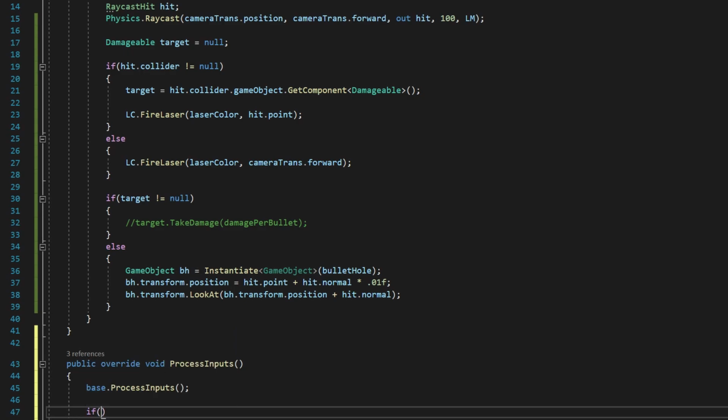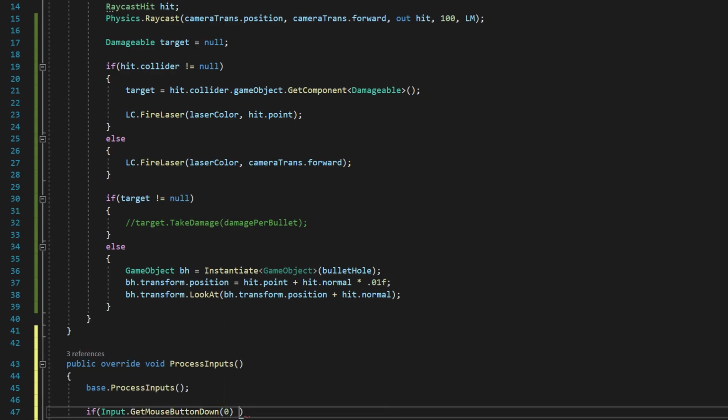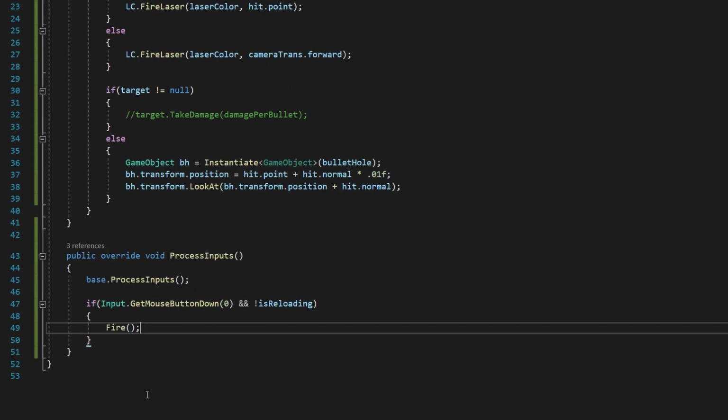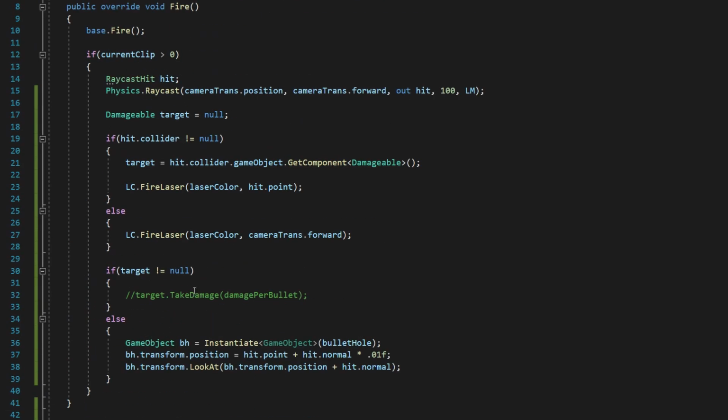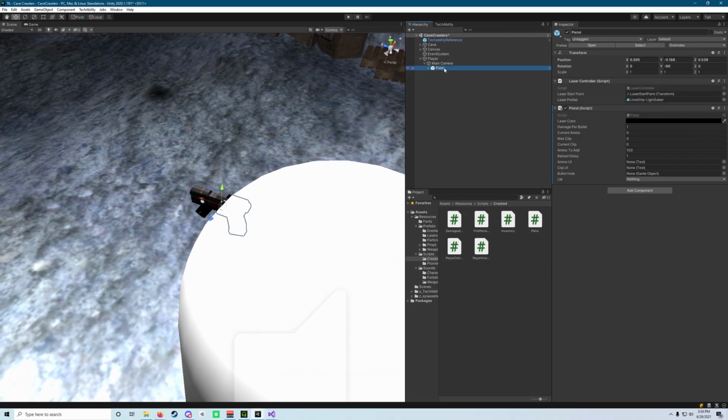And then we're going to say if Input.GetMouseButtonDown, and then parentheses 0, because 0 represents our left mouse button, and we are not isReloading. If we're doing all that, then we want to Fire. With all of that set up, now if we hit the mouse button, we will actually shoot our laser beam out of our pistol. And we can test this by going back over to our pistol, clicking on it,